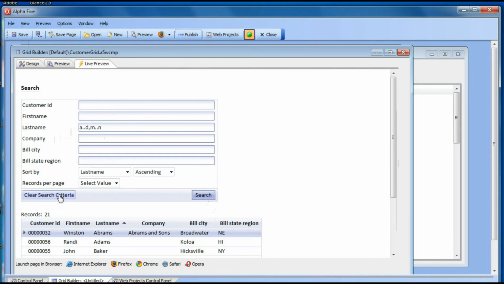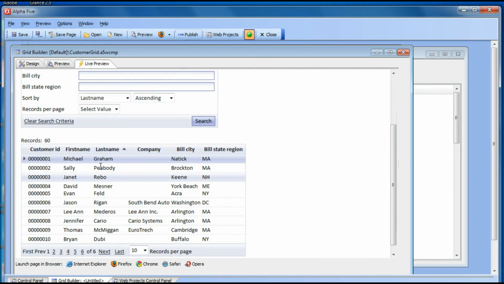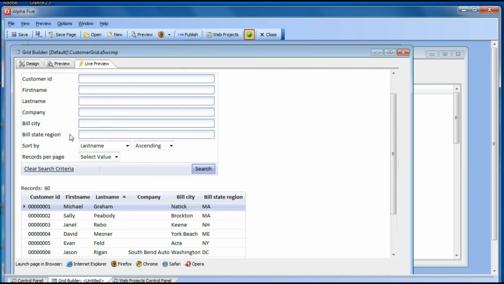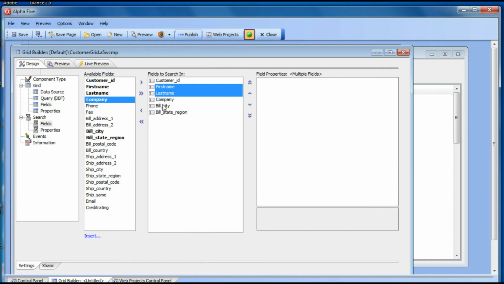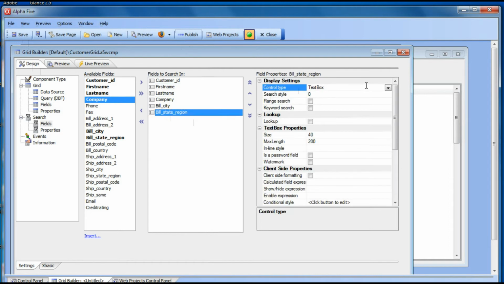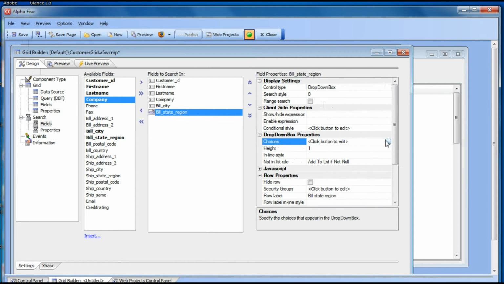So let's go ahead now and do clear. And now let's go and change the control type for state region from a type-in box to an edit combo, to a drop-down box, for example. So let's go here to state region and change its control type to a drop-down box, and we'll go there